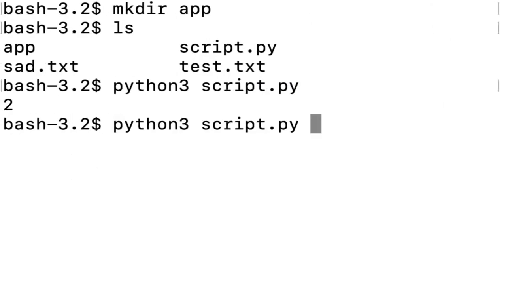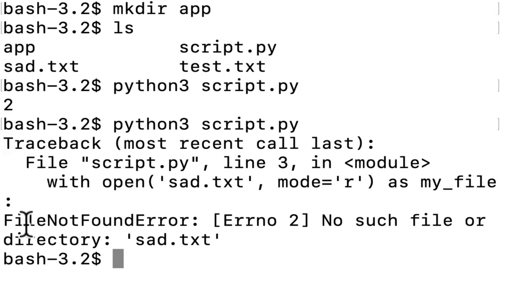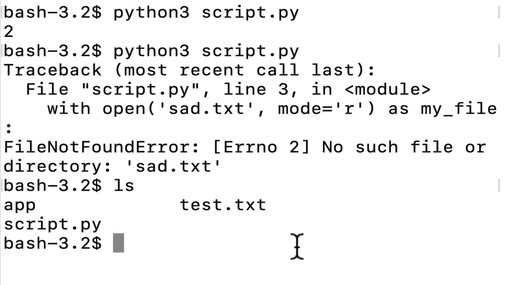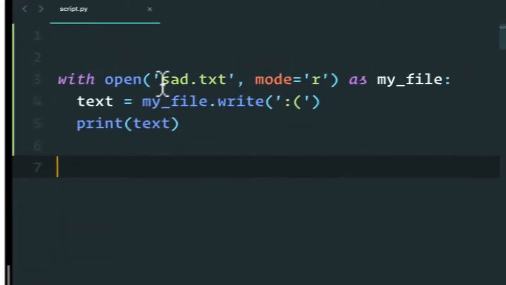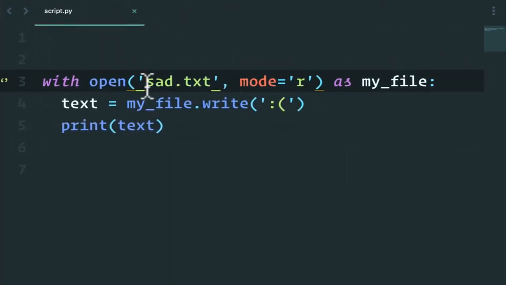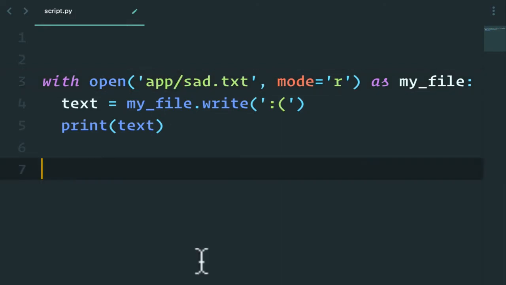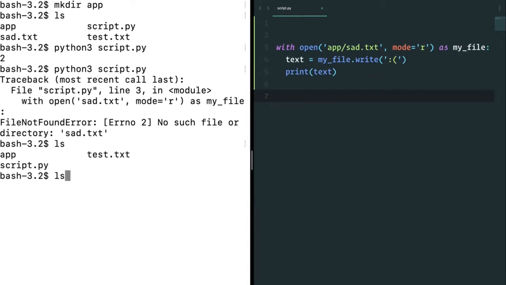If I try to read now, I get a file not found error. Sad.txt doesn't exist because it checks the desktop. And on the desktop, we have nothing. We don't have sad.txt. So how can we get around this? Well, I simply say that I want to go into the directory app/sad.txt. So that if I run this,